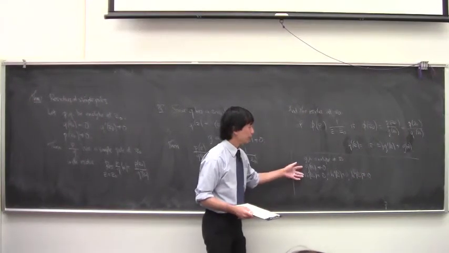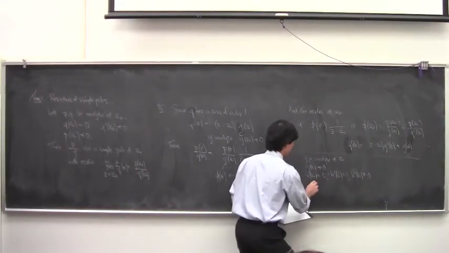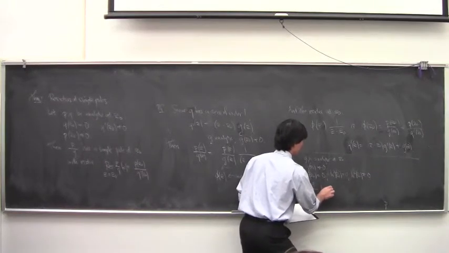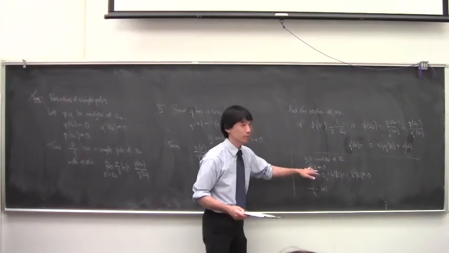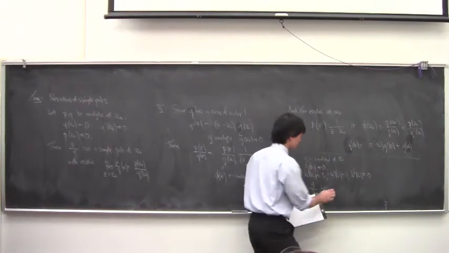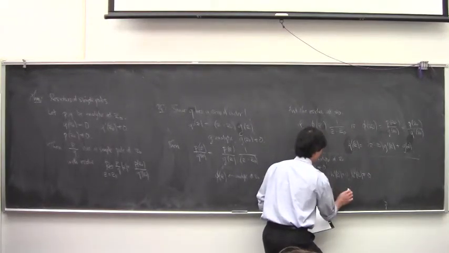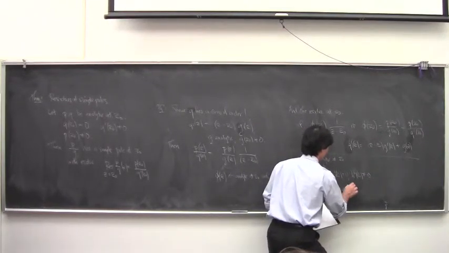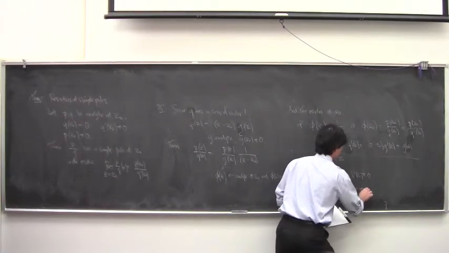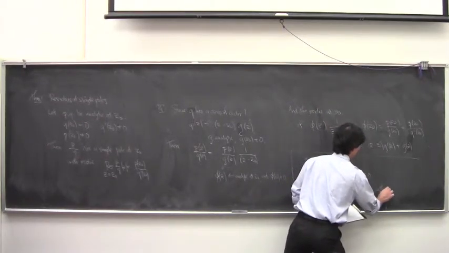And you're going to look at G over H. It has a double pole at z naught